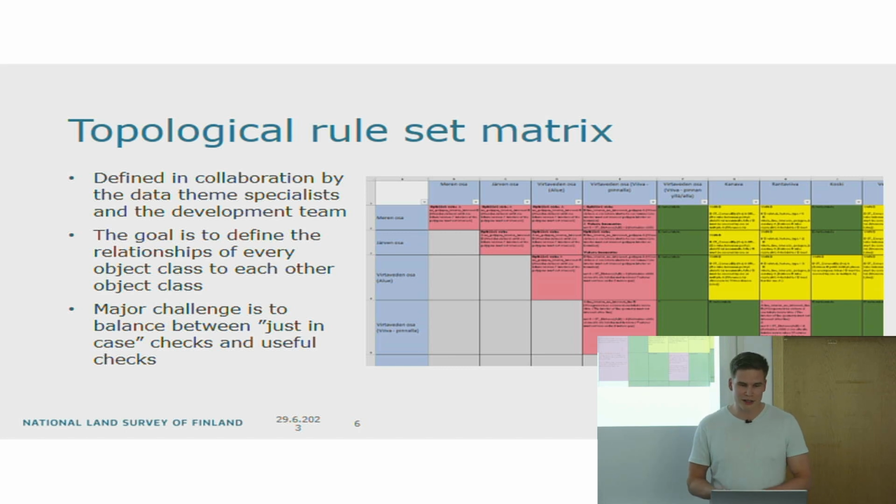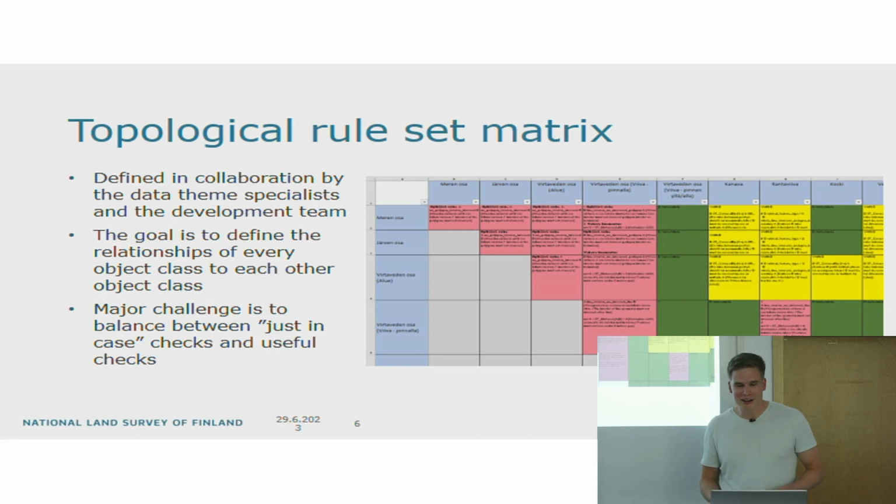matrix, there's 3 different classes to define. Basically, the red ones you see here. I'm sorry that you can't see the actual names of the objects there, but there's, for example, sea parts and lake parts. So basically, sea parts and lake parts have those red ones since they can't be on top of each other. So the rule works both ways. Then we have the green ones, which are kind of like no checks, because these are either covered somewhere else with another rule, or they simply don't maybe have that many mistakes in general, so we don't even bother to check them basically.